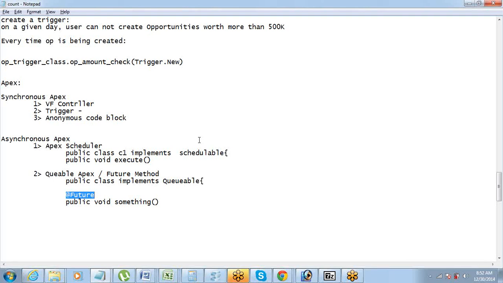Fine. So certain requirements will be there where you either want to perform the action right now or cancel it. Okay. But in some cases you just want that action to happen. You don't want it to get cancelled. So in that case, you should use a queuable interface. Got it?